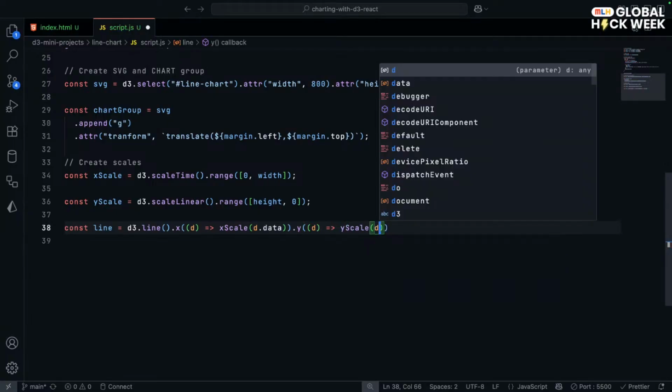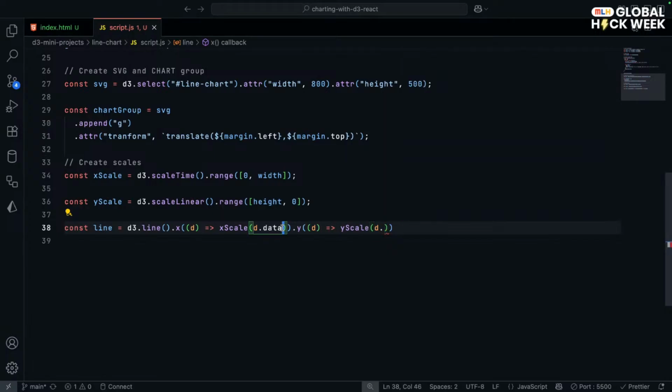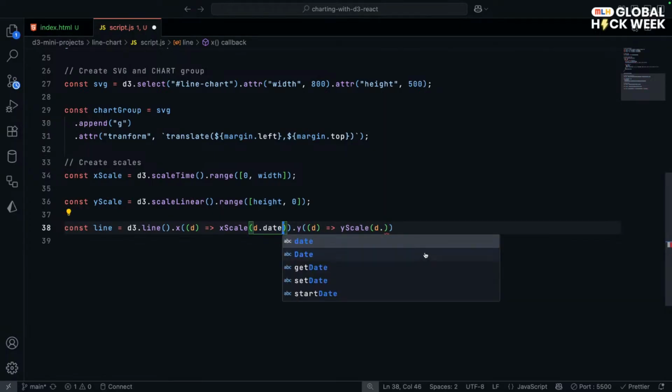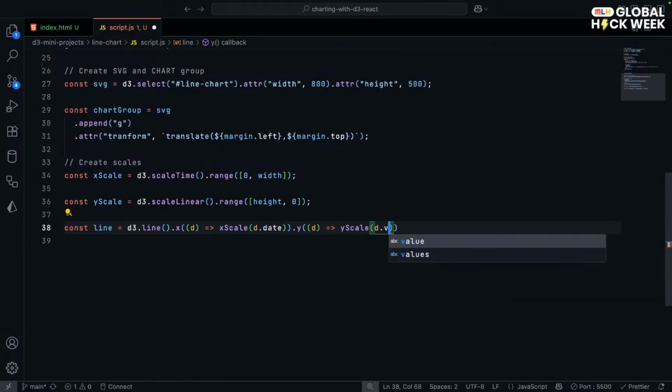d.value. Not d.data, this would be d.date. So take the date values, and d.value would be on the y-axis. The values will be the numbers and the dates would be on the x-axis. So we are mapping the date to x position using xScale. We are mapping the values generated by our generate random function on the y position using yScale. And